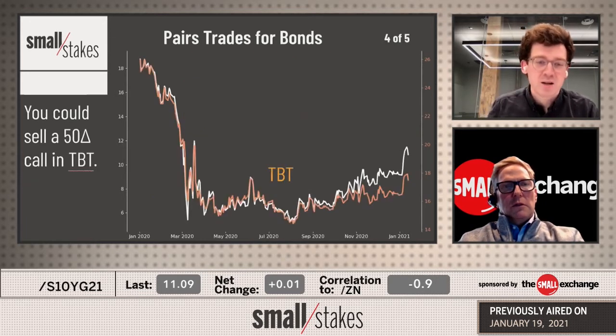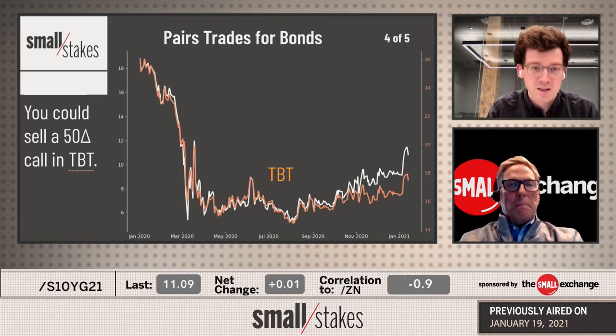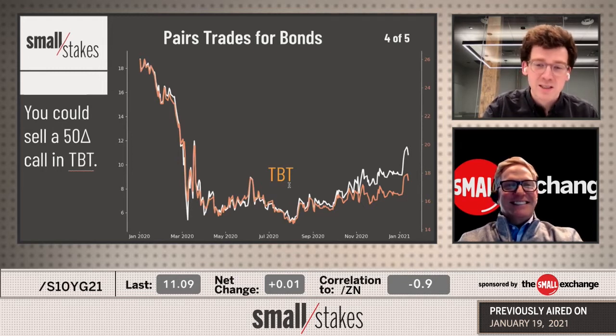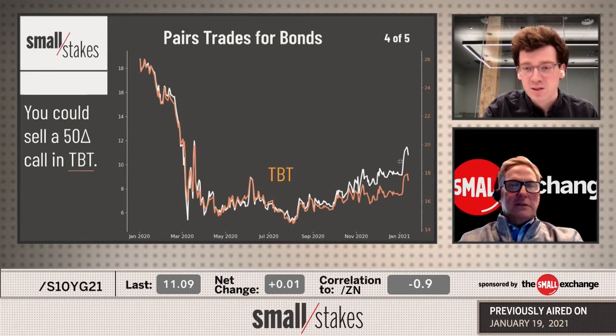But moving on to the next product here, and this will be a little bit more comfortable for people because it's an exchange traded product, TBT. What's interesting, Pete, is that this is actually considered an inverse Treasury bond product. But you might say to yourselves, and before we created S10Y futures, I told myself that TBT is essentially just a yield product before yield products were cool at the small exchange. But it's just funny that TBT is actually an inverse bond product. But you can see it looks a lot like our yield.